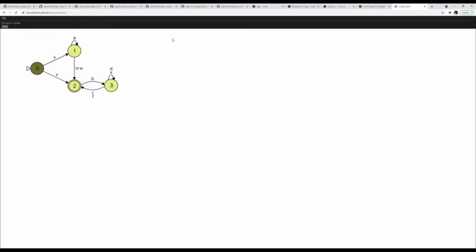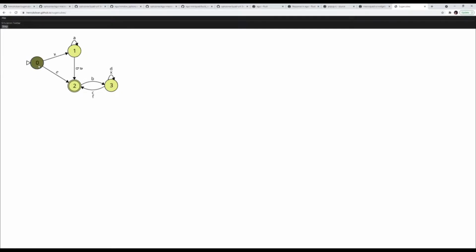Okay, can you see this? Cool, I think so. Yep. So this is Sugarcubes, which is named after my professor's favorite expletive. This is meant to be a more immediately intuitive and usable version of JFlap, which was what I was just showing. So everything in this application uses just the mouse when possible.